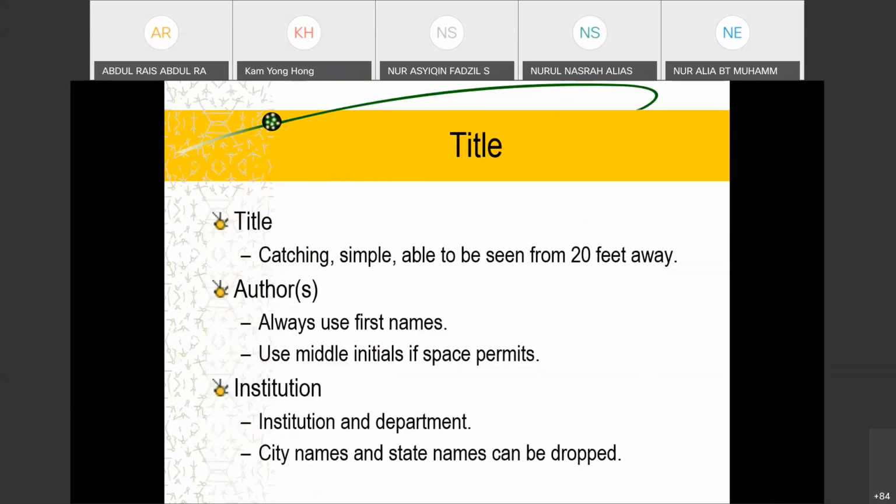So first we look at the title itself. It should be catchy, simple and able to be seen from 20 feet away. Pendek kata, guna font yang besar lah. And kena guna skill, creativity sikit untuk namakan tajuk you catchy dan menarik perhatian. Kalau you tulis association of restaurant attributes, perceived value, satisfaction, post-purchase behavior, akan panjang sangat. Find a simple way to attract your viewers. Okay. So that your authors